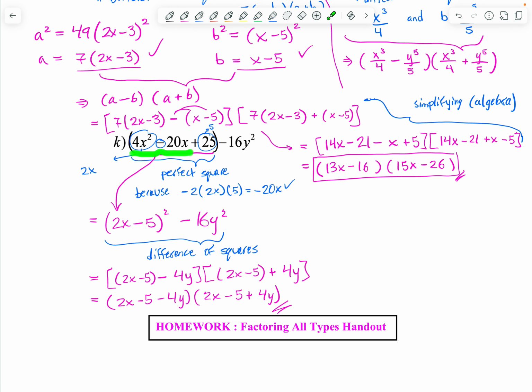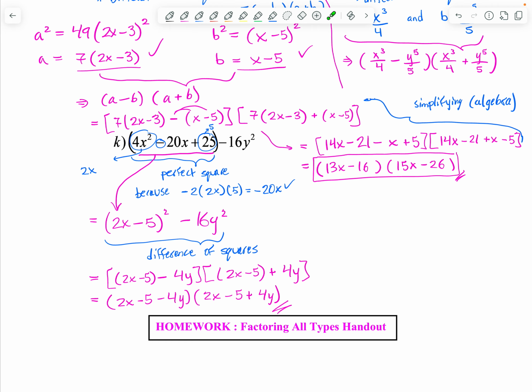you'd realize quickly that, okay, well, there's a common factor there. There is no common factor for 25 minus 16y squared, unfortunately. So you're going to notice quickly that factoring by grouping is not going to get you anywhere. In this case, you kind of have to train your eyes to see things differently, and you have to realize that these first three terms are actually a perfect square, because this is square rootable, this is square rootable,